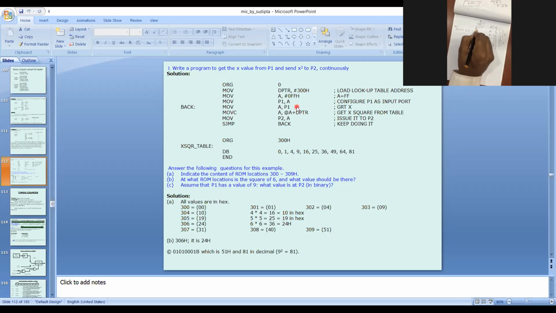So it is a 0, it is a 3. So I am giving the value 3 instead of x.